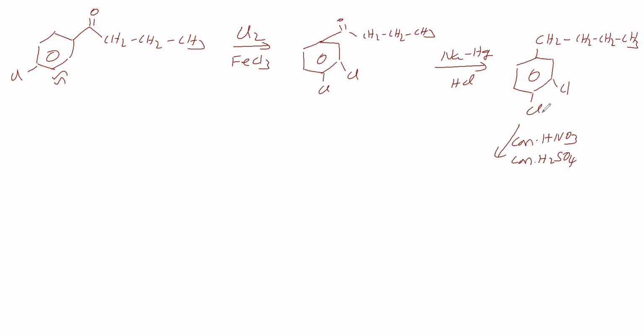This can show the plus R effect. Due to the plus R effect, this position can be attacked. So this is a plus R effect, in the sense ortho-para director. So it is not directing here, it is directing here. Due to this, this position is attacked by the electrophile. This one is favoring this place, but it is not favoring this place. It is favoring here, but here the favoring is more. Therefore, we will take this place. Nitration is possible at this place. So we are taking this for nitration.